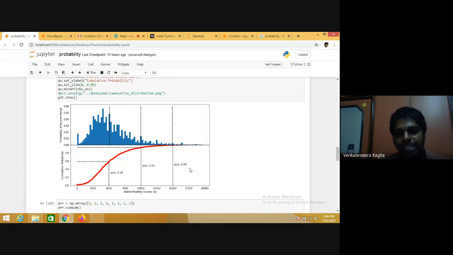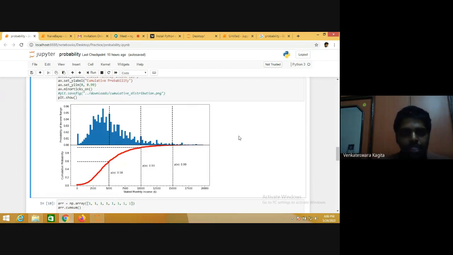So it means that only 1% of the people have a salary greater than or equal to 50,000. That's what we can analyze from this data.